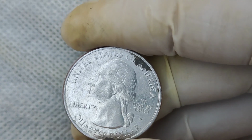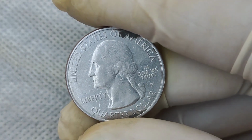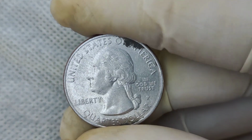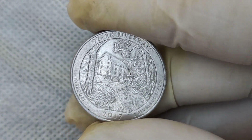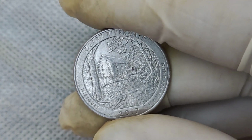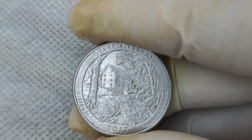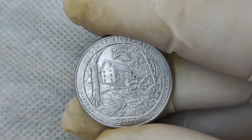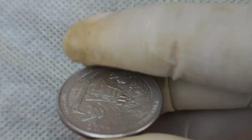For years, U.S. quarters were primarily minted in Denver or San Francisco, so the P Mint mark on a coin was a rare occurrence. The U.S. Mint made this special decision to mark the 225th anniversary of the establishment of the Philadelphia Mint. Collectors knew that this mint mark was going to be unique, but little did anyone know just how valuable it